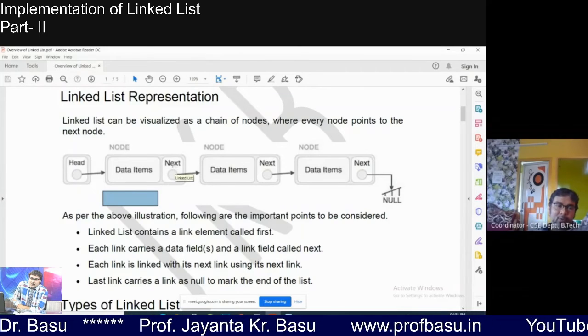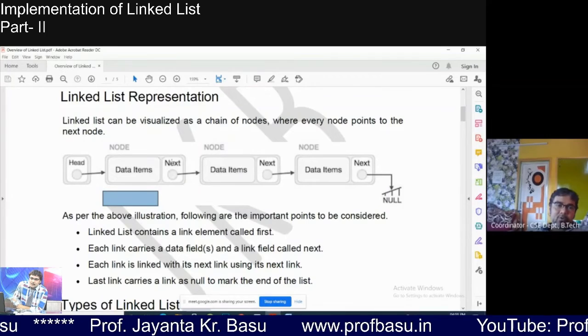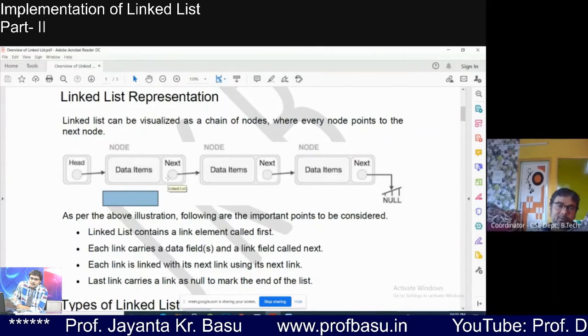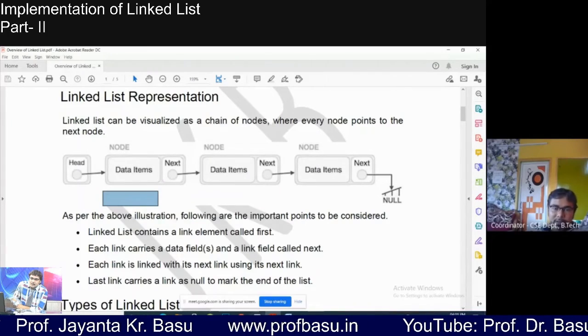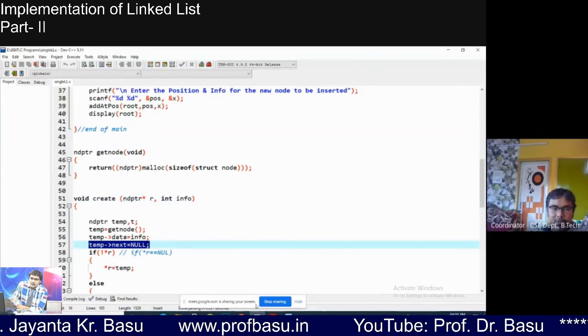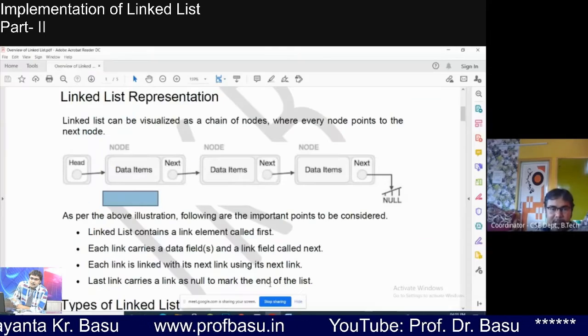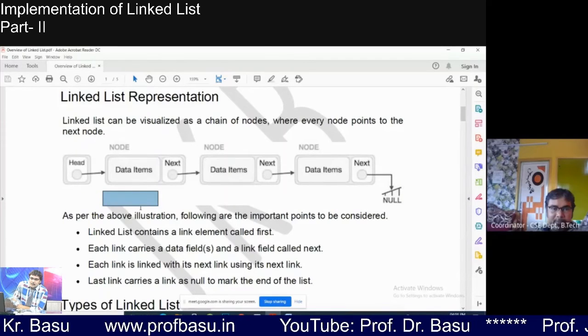If only one node is there, it will be the last node, so the value of next will be null. So we are doing temp arrow next is null. So we have completed this task: we have assigned the data item and next.